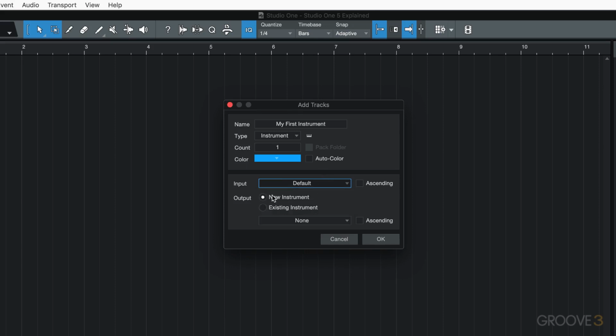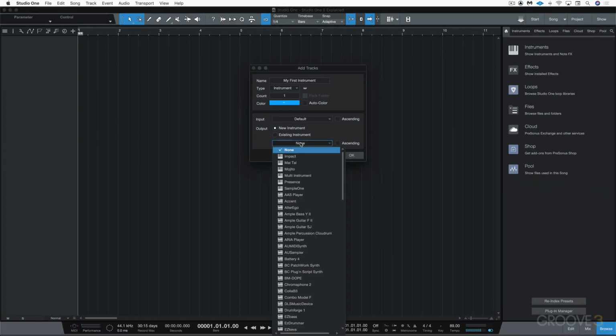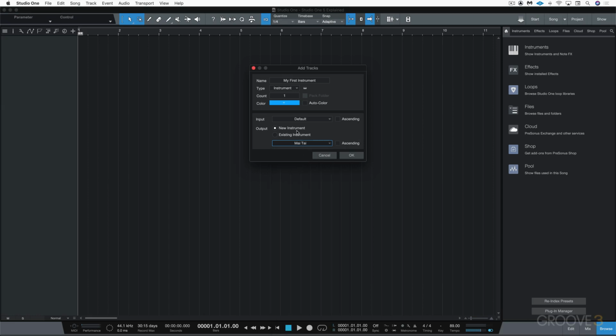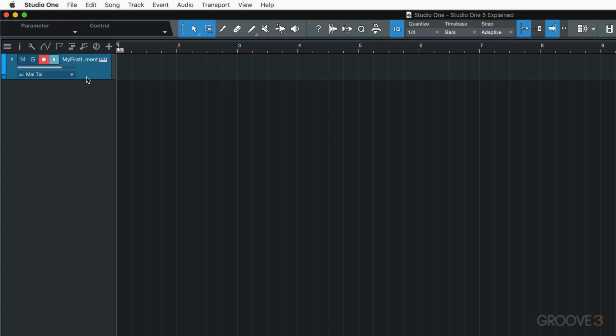So I have a choice here of creating a new instrument or connecting to an existing instrument. Since this is an empty session, it's going to have to be a new instrument. And if I go existing instrument, there'll be none to choose from here. But if I go new instrument, we can choose from a long list of instruments. So I'm going to choose Mai Tai, and that's one of the built-in PreSonus instruments, and we'll use that to start with. So I'm going to click OK, and we see it here in the list,